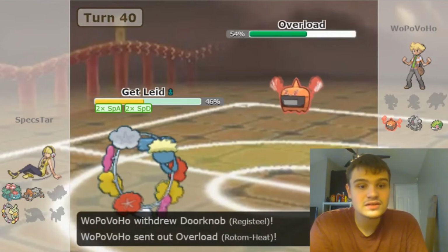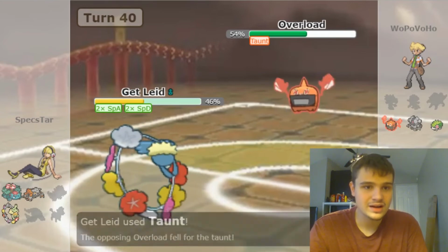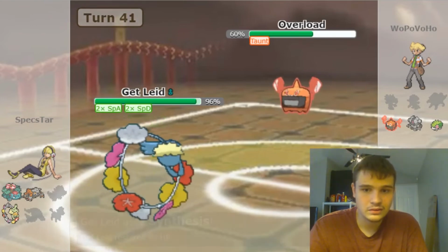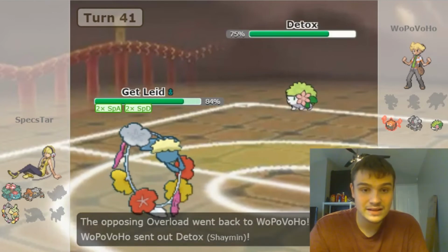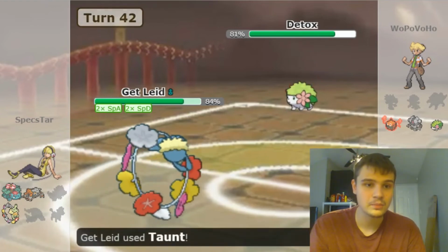As he actually goes into Rotom Heat, but that thing's Taunt, so it's not like it can fire off a Toxic on me. I'm just good to click Synthesis here. Get my health back as he is going to Volt Switch out, and he's going to bring in his Shaman. Although Shaman, Seed Flare does have that 40% chance to drop Special Defense, so that Pokemon can still be annoying